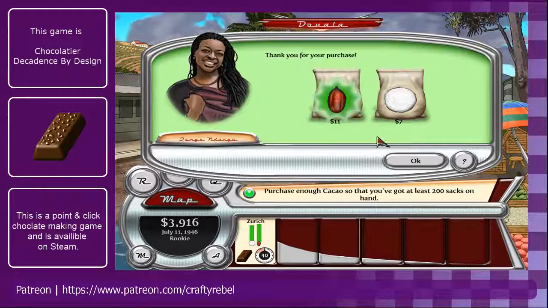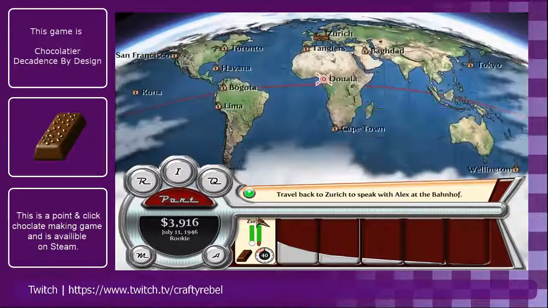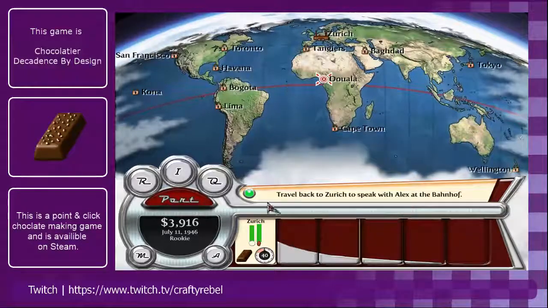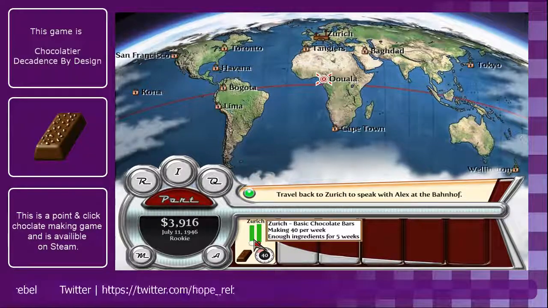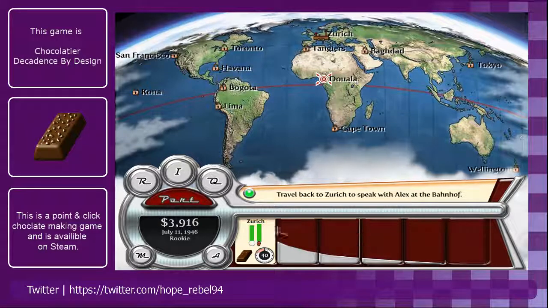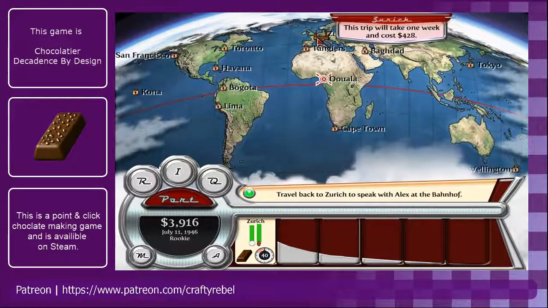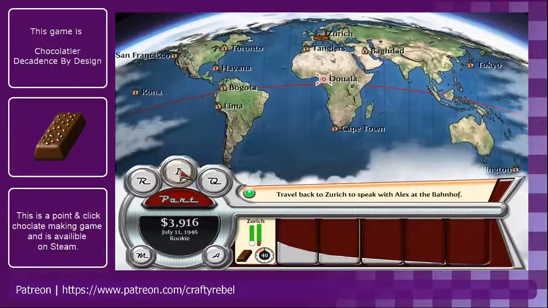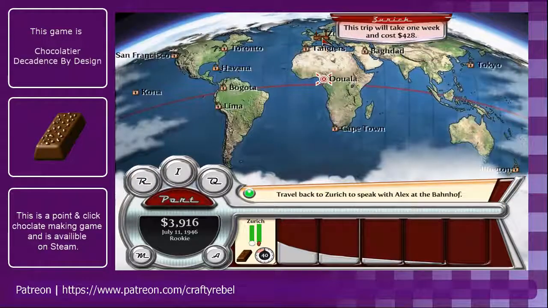Yeah, so a lot of markets will have the same price. Some places have some amazing prices. Right, so as you can see, the bars are now green, and we are making 40 bars per week. We have enough ingredients for 5 weeks, so that's good. And it will take 1 week to fly back, so flying down there, we made 40 bars. So flying back, we will have